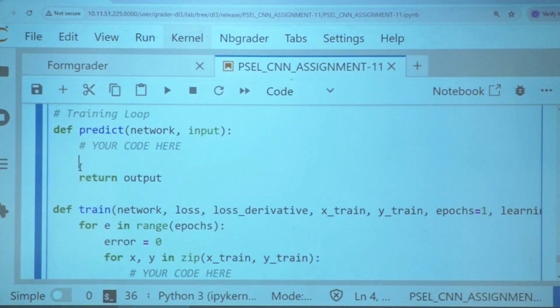I am giving you the clue also. Forward pass of each layer. That's the reason why I am telling from the beginning. Each layer has been implemented with two methods. One is the forward, second is the backward. Same is the type signature we used for those two methods. So what is to be done in the predict? For each layer in the network, just call the forward method by passing